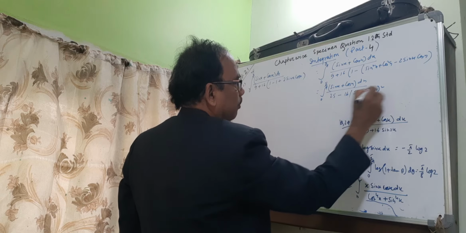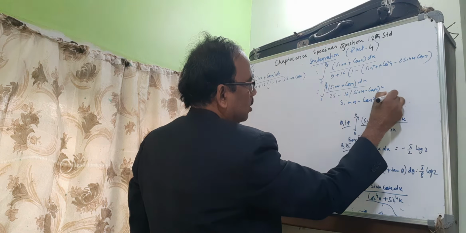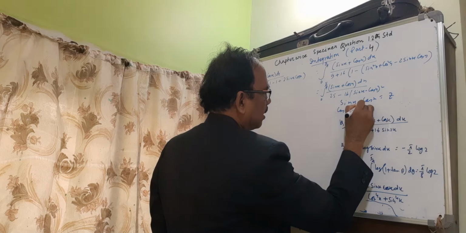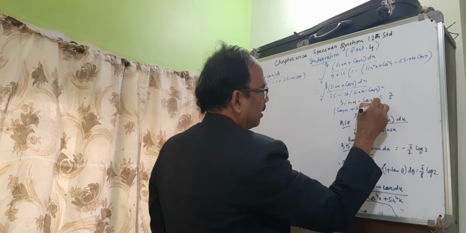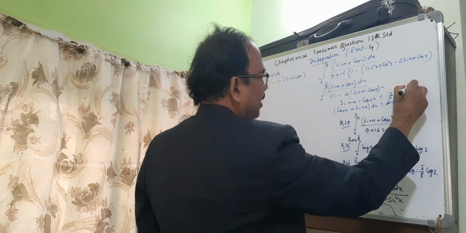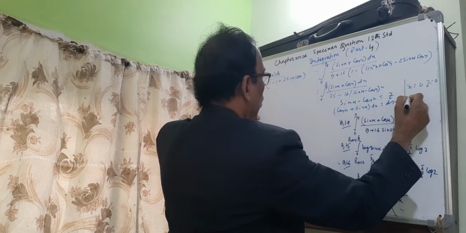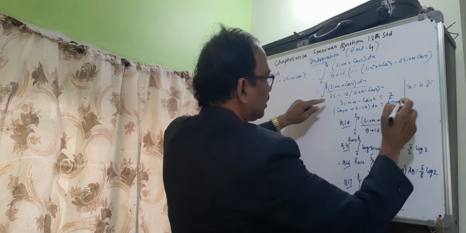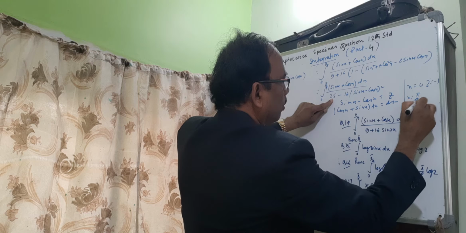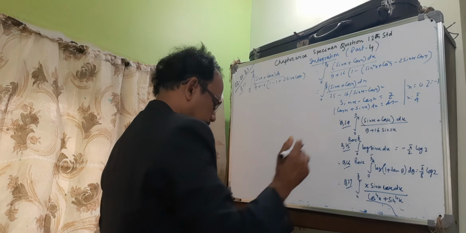Now put sin x minus cos x equals z, then (cos x plus sin x) dx equals dz. And if you change the limit, if x equals 0, z equals sin 0 minus cos 0, which is 0 minus 1, so z equals minus 1. If x equals pi by 4, z equals